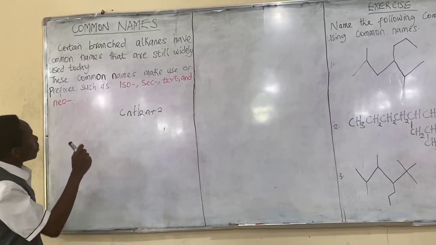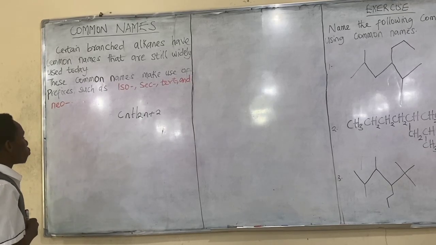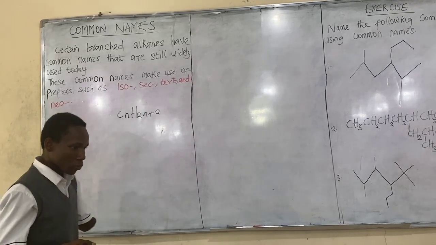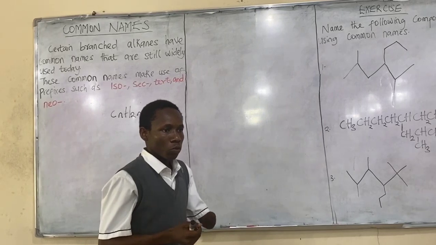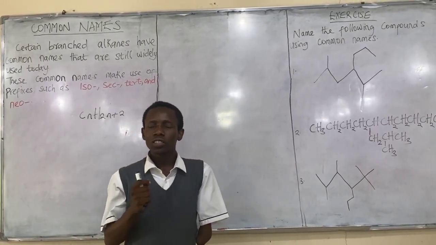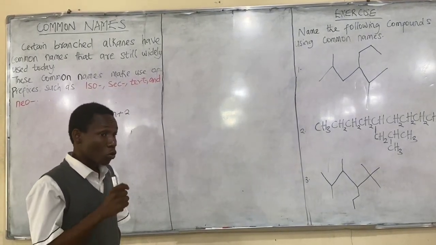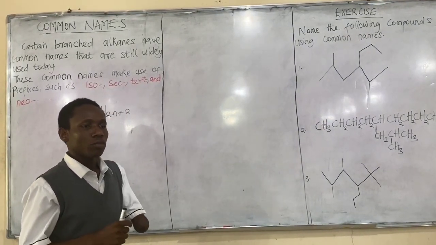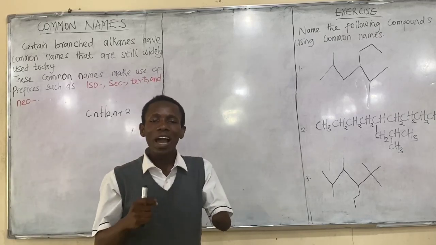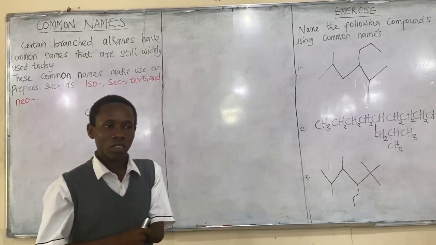Certain branched alkanes have common names that are still widely used today. So apart from the IUPAC name, we also have the common names that are used for alkanes. It is very important for us to know how to name alkanes using common names. Why? Because even in some exams, you will be asked to use common names to name some alkanes and